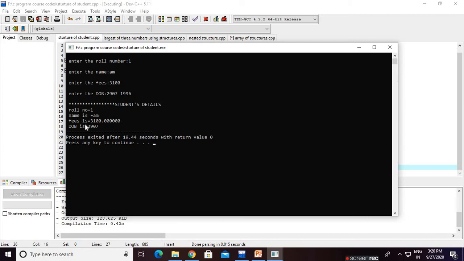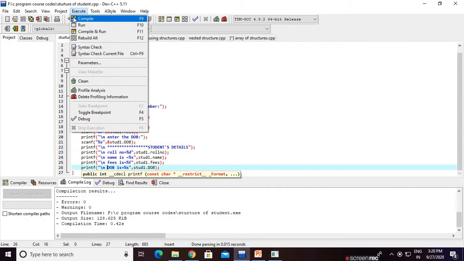Roll number is 1. Name is AM. Fees is 31,000. Date of birth is 29/07. Just one value is printed, but some problem occurred again, because the rest of the date of birth is not printed.